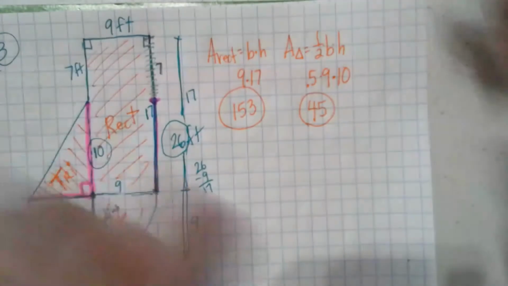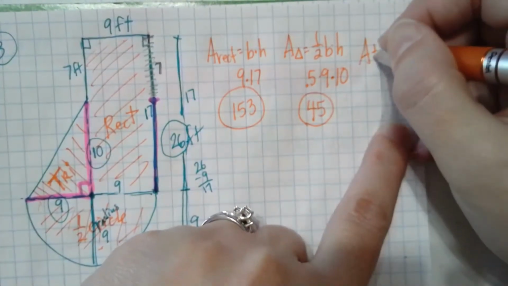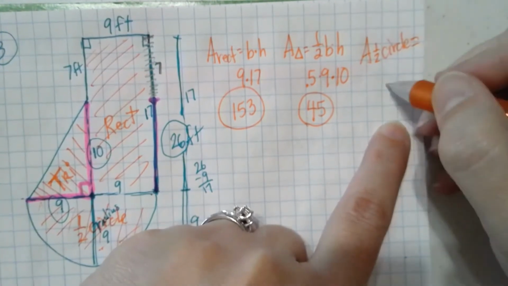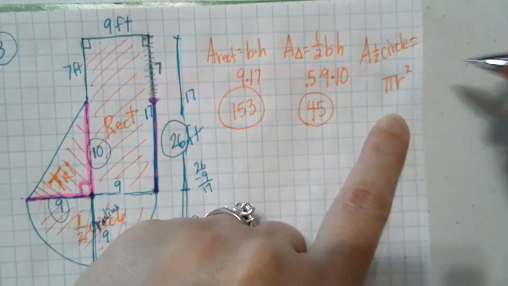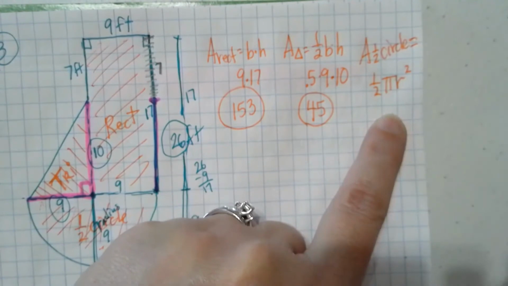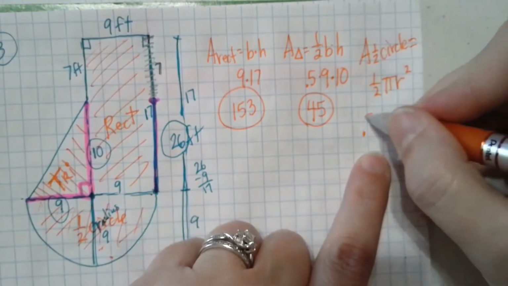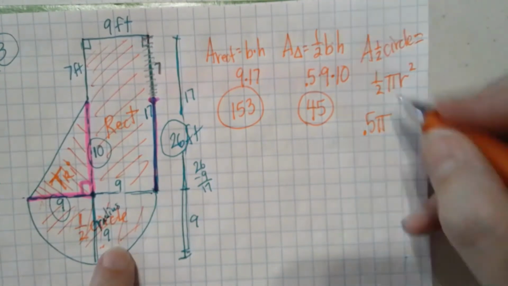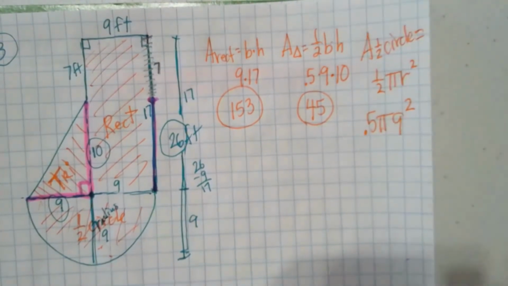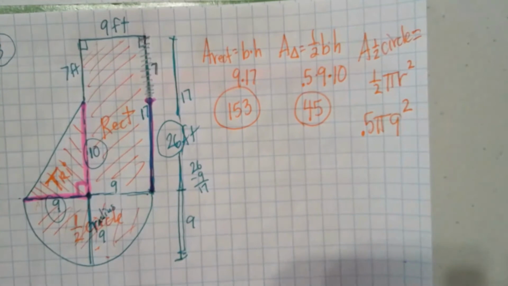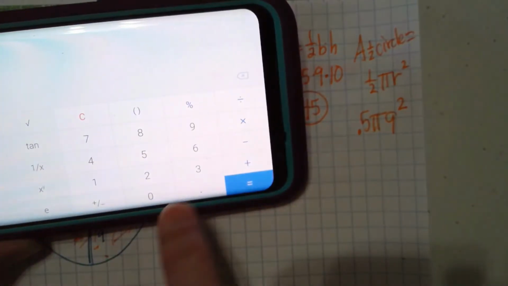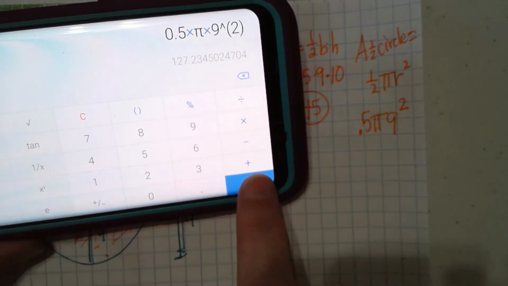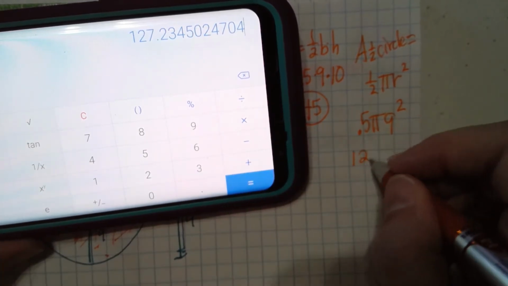And then the last one is the area of half the circle. So whole circle is pi r squared. So we're just going to cut that in half. So 0.5 pi, what did we say the radius of our circle was? We already know the radius is 9. So half pi 9 squared. Half pi times 9 squared makes